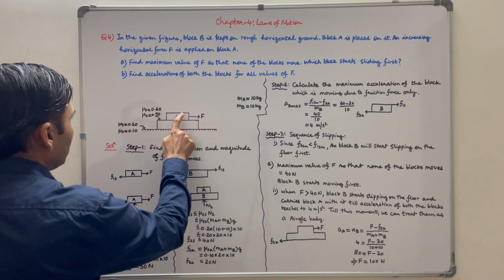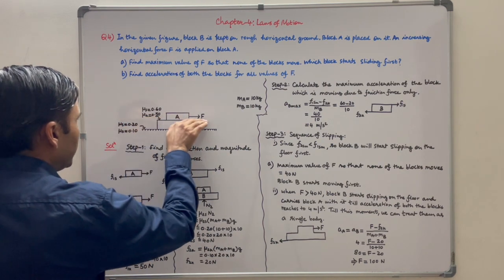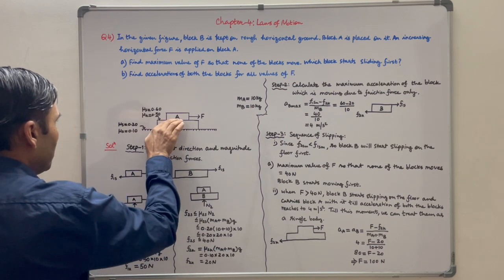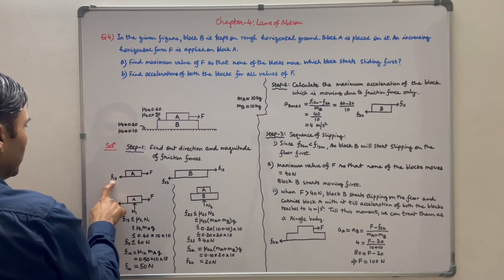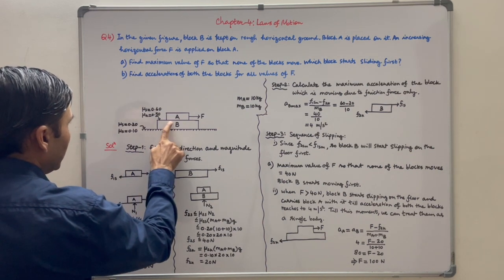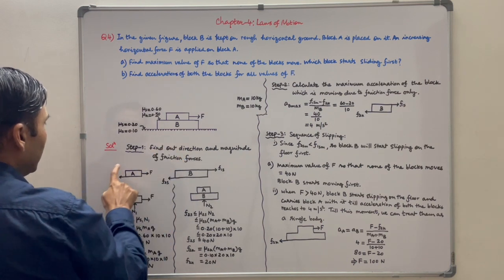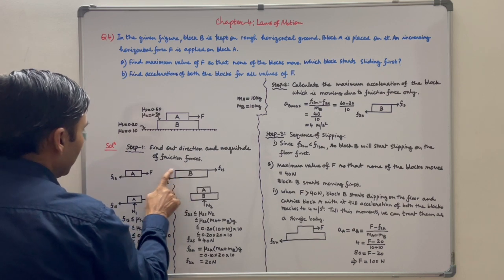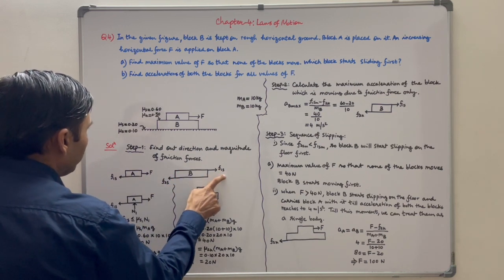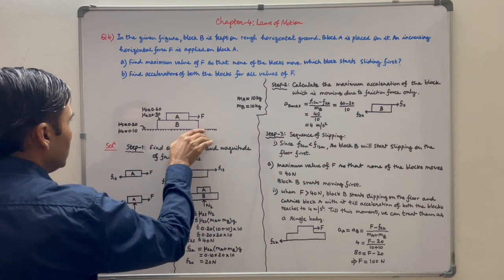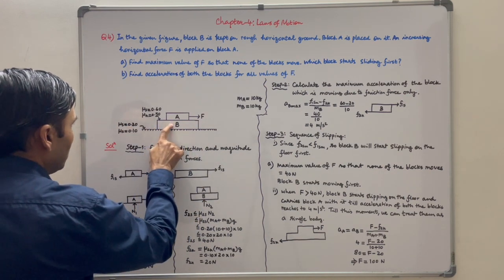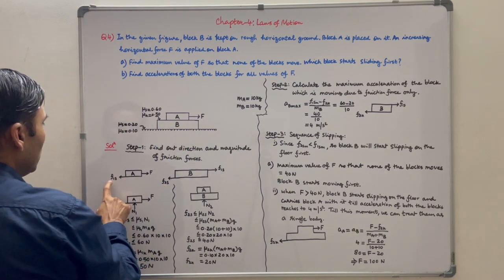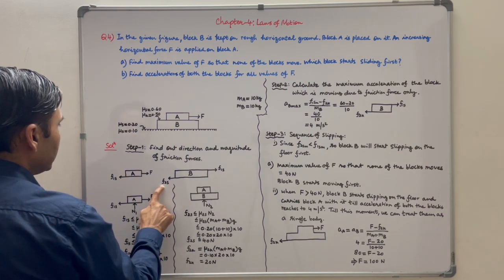Force F is applied on block A, so block A will move in forward direction. A friction force will be applied on block A by block B in opposite direction. It is represented by F1s. Let us say this is contact surface 1 and this is contact surface 2. An equal and opposite force will be applied by block A on upper surface of block B as they make an action-reaction pair. Since block B will move forward, the floor will apply a friction force on block B in opposite direction. It is represented by F2s. Now we know the directions of friction forces. Next, we will calculate